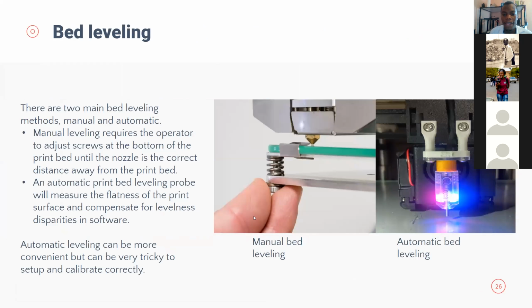So that is the leveling mechanism I showed you. There are two types: manual and automatic bed leveling. The manual one is where you do the leveling manually. Manual leveling requires the operator to adjust the screws at the bottom. As you rotate a screw, you are tightening or loosening that spring, and that changes the distance between the glass